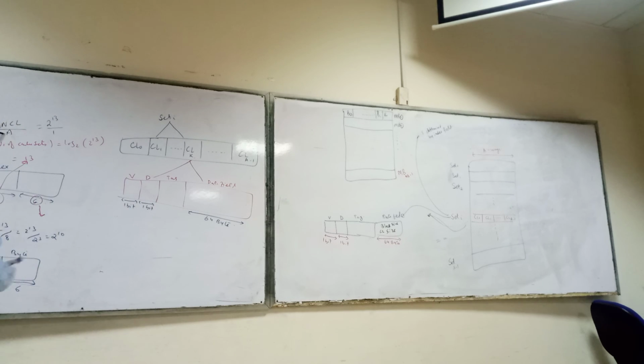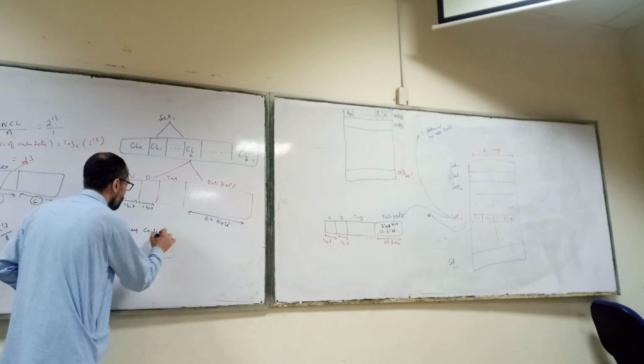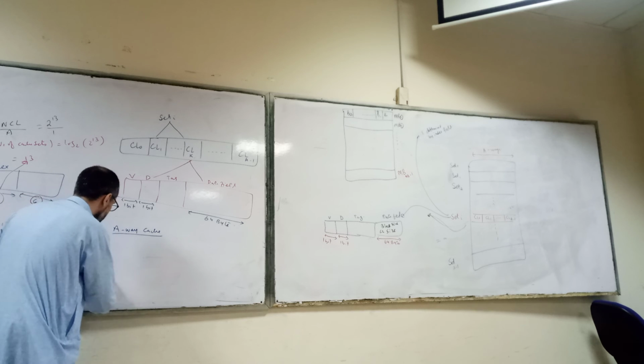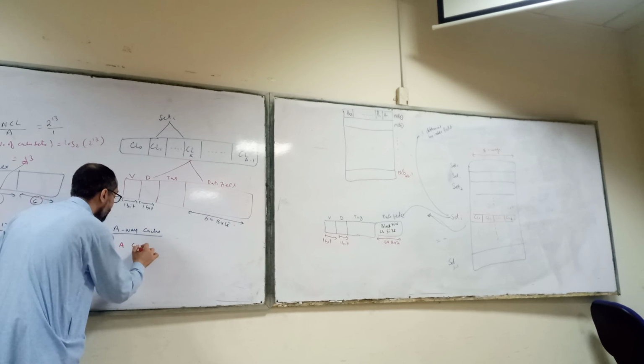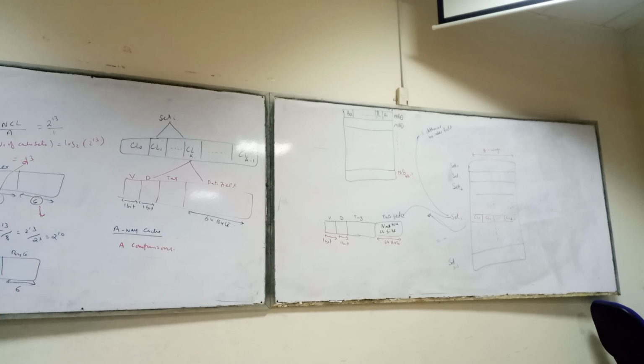Okay, for A-way in general, how many comparisons will be required? A comparisons. So for an A-way cache, we need A comparisons. Not only is the number of comparisons increased, but the number of bits for comparison is also increased. Because, okay, now if we divide it into three parts. So for 8-way,